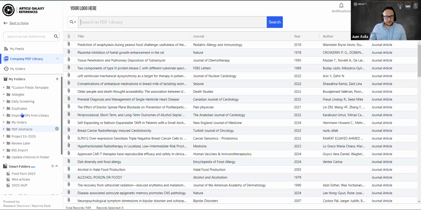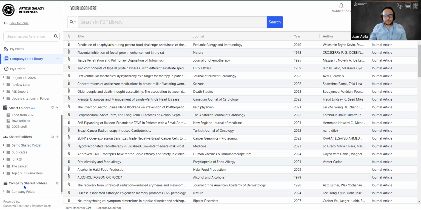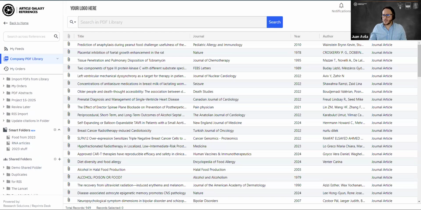You can create folders. I will not do this because if I start a real hands-on demo, it's probably going to be long enough, more than an hour. So I just want to highlight that, for example, you can create personal folders, you can create smart folders. I'll talk a little bit about this in a few. You can create shared folders. Also, if there are admins among the audience, you can create company shared folders that can be displayed across the whole organization. So you can also collab with colleagues and keep your stuff organized using this tool that we